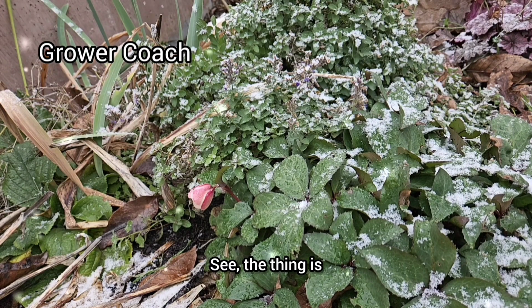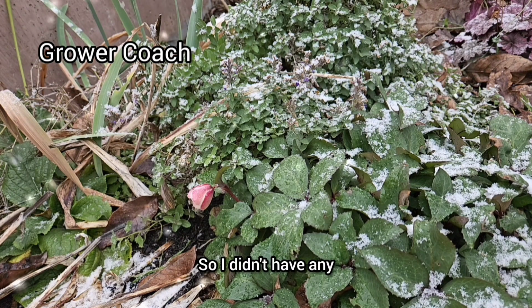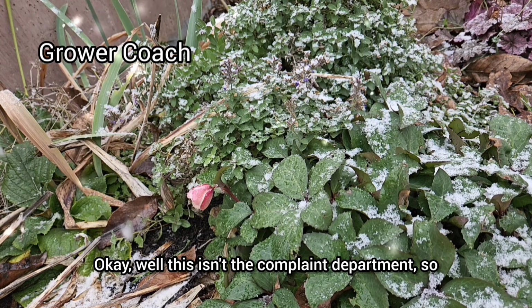See, the thing is, I had lots of things to do because of different parts of the garden being ripped up, so I didn't mulch, and I don't have a container big enough that fits. I mean, this thing is like 3-4 feet wide, right? So there you go. Okay, well, this isn't the complaint department, so...